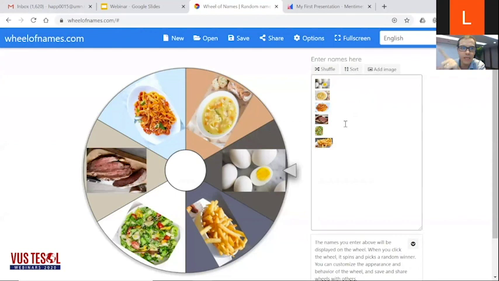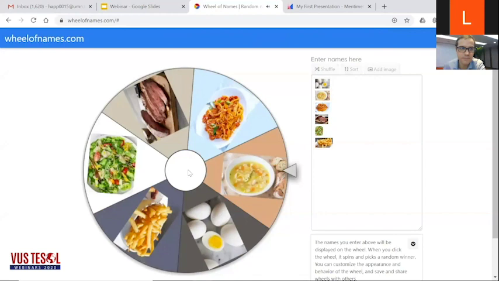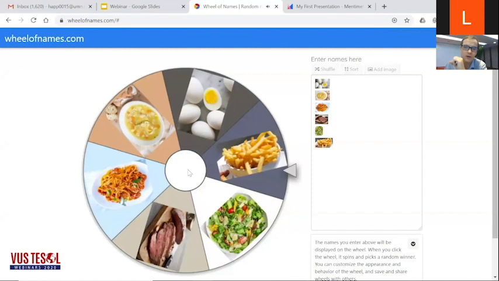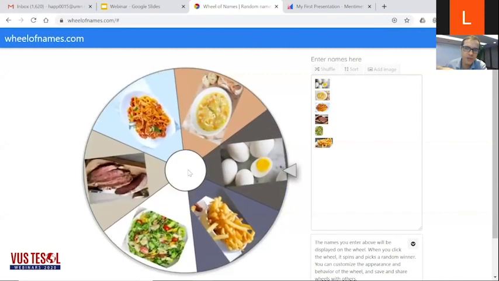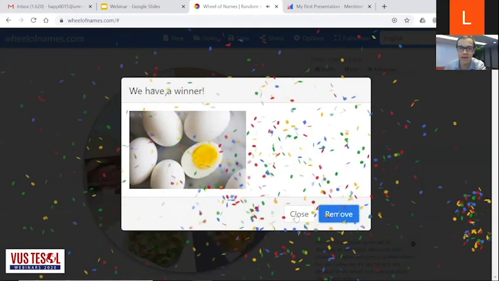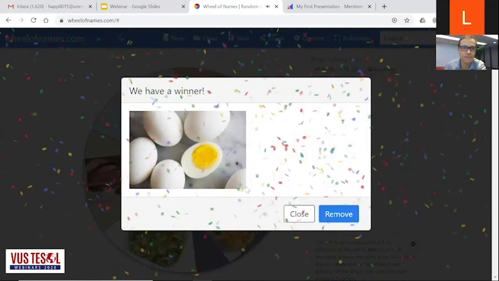Now, it's a really cool way to do activities. So again, my structure was, what do you want? I want. So I could do this with my students. You can do it as a game. I mean, divide your class in half, boys and girls, whatever. Girls, you're first. So I'm going to spin the wheel. Girls, what do you want? And then you need to get that answer right. I want eggs. So this is a really cool tool.